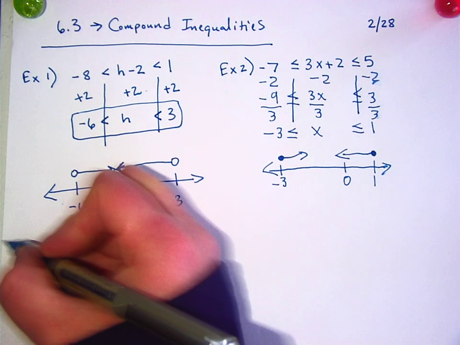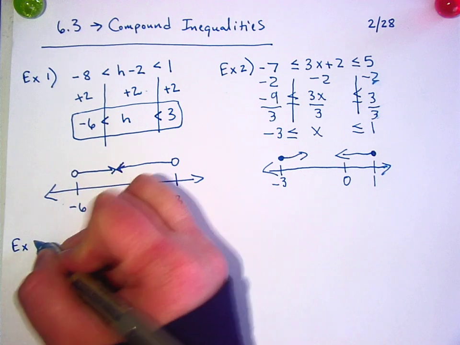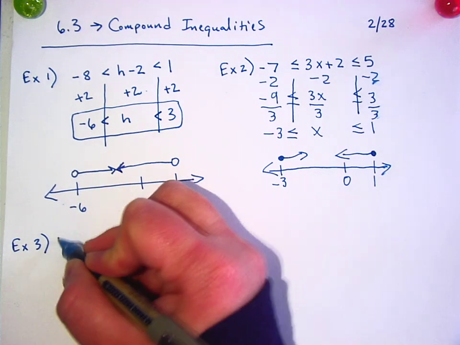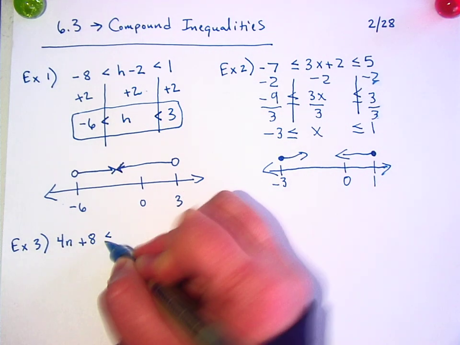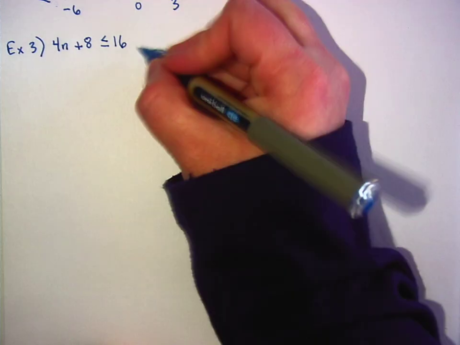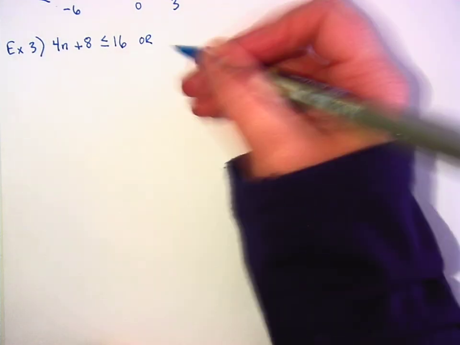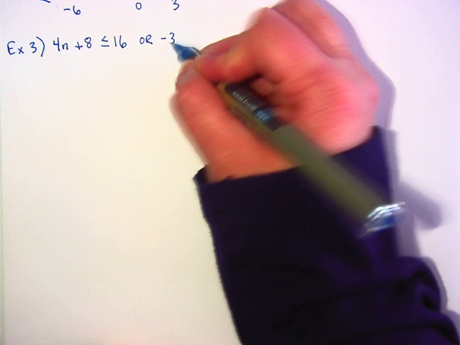We're going to try one more. I want you to write down 4n plus 8 is less than or equal to 16, or negative 3n